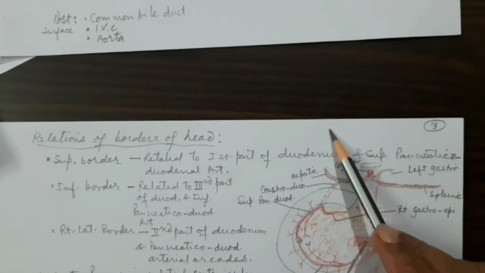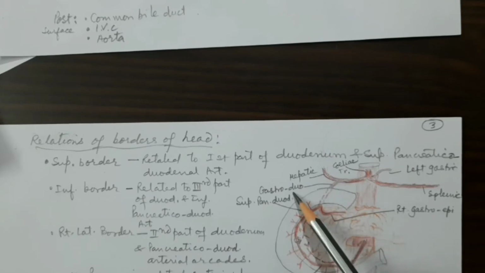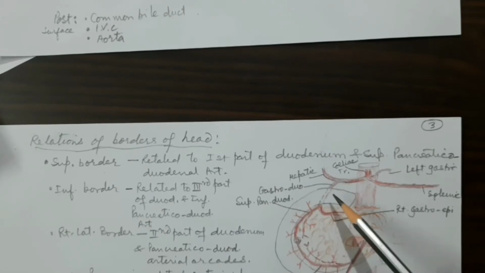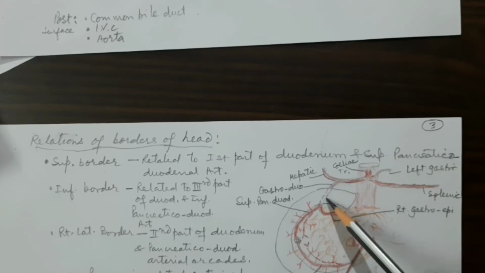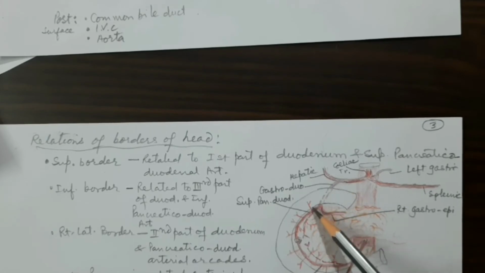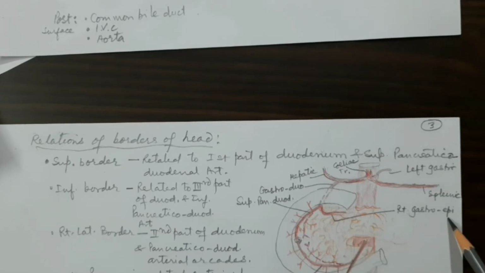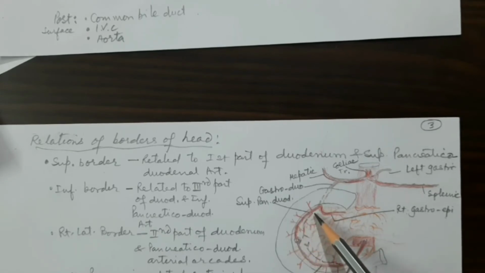So it is the same hepatic artery going upward, and then it gives a branch here from the common hepatic, which is called the gastroduodenal artery, which runs behind the first part of the duodenum. See this? It is lying posterior to the first part, in the concavity of this duodenum, and at the superior border of the pancreas this gastroduodenal artery will divide into 2 branches. One which will go towards the left is the right gastroepiploic, and another which will follow the curvature of the duodenum is the superior pancreatico-duodenal.